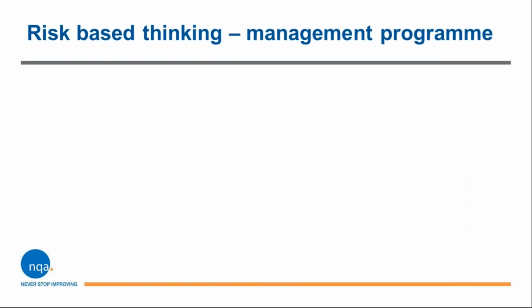So risk-based thinking then, within the whole thing there's this idea of a risk management program. There are five main steps, and they're pretty straightforward. We could spend an awful lot of time going through each of these individually, but we'll just give you a bit of an idea of what this is all about. So, identify the risk. That's fundamental. What's uncertain here? What do we need to do?